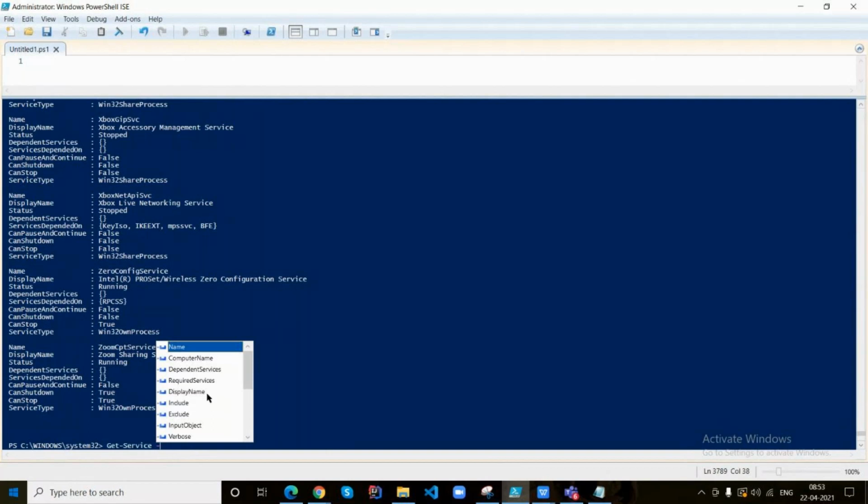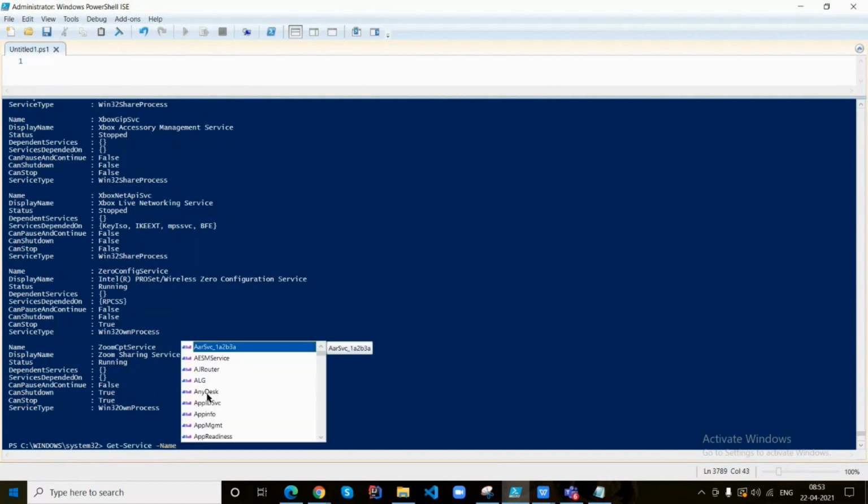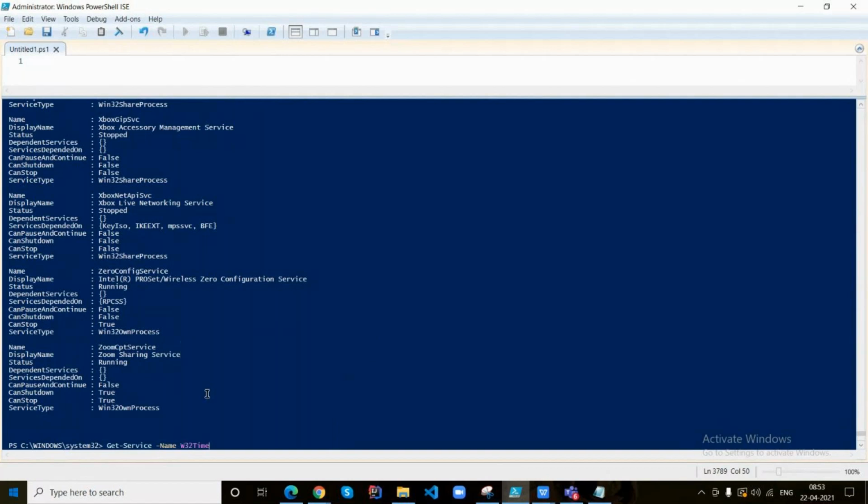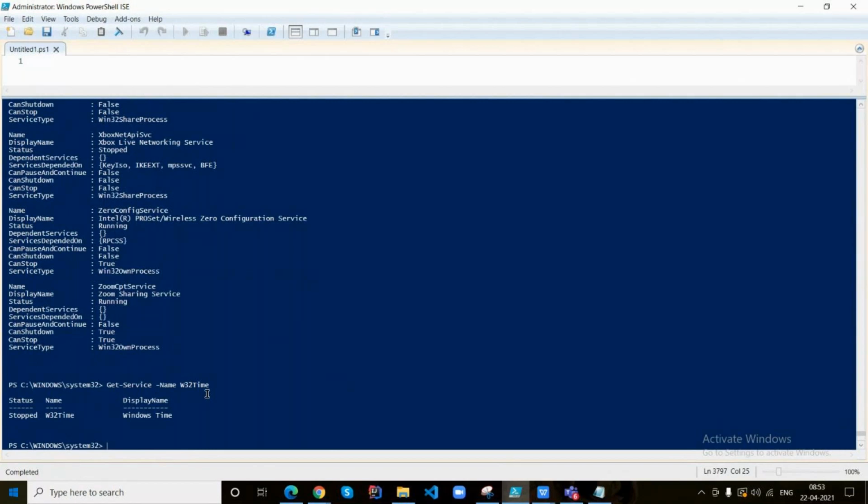Okay, so let's find out. Use the parameter Name and try to get only a particular service. Use the parameter Name. Yeah, pick any service here. You can take the Zoom CPT service.